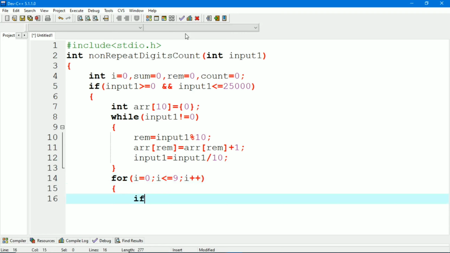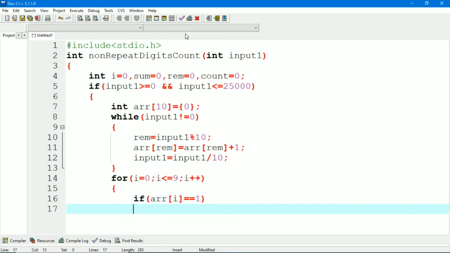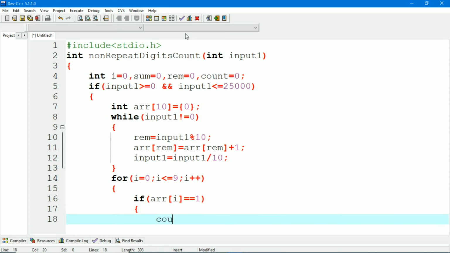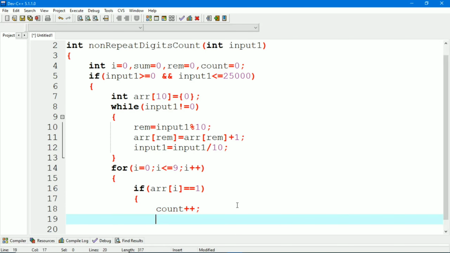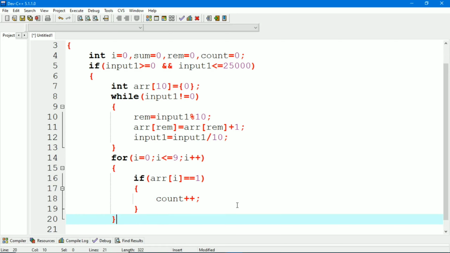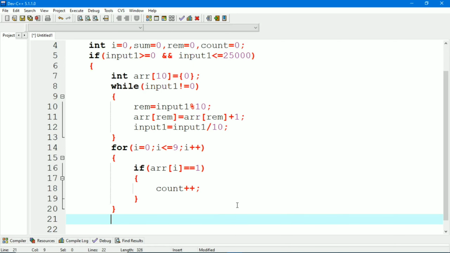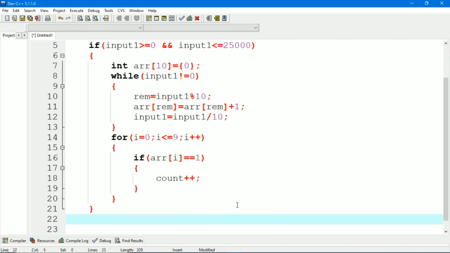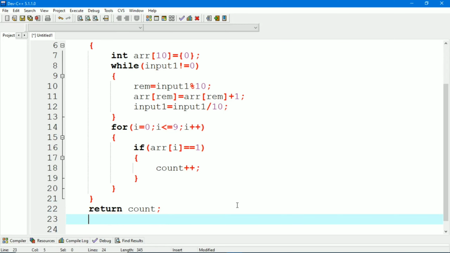After that if ARR of I equal to 1, then count plus plus. Now we will close for loop and again if block. After that we will return count.